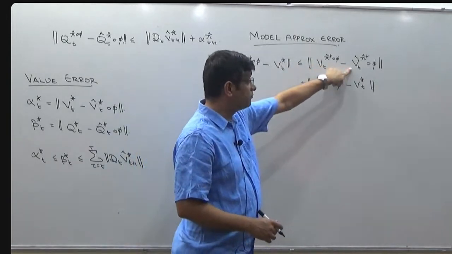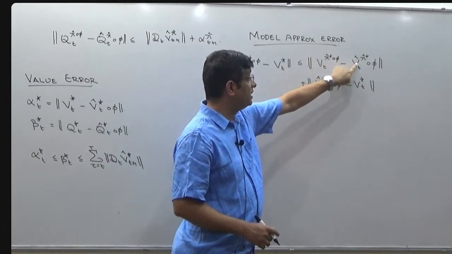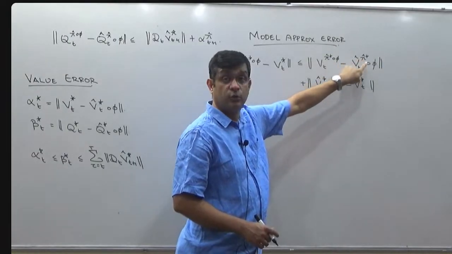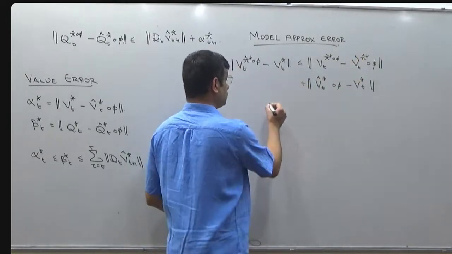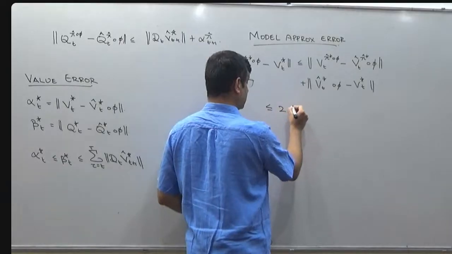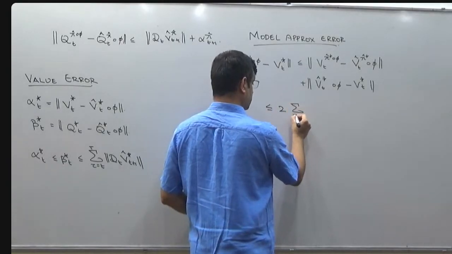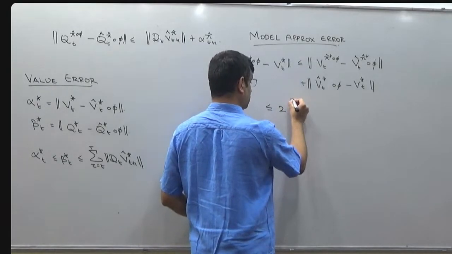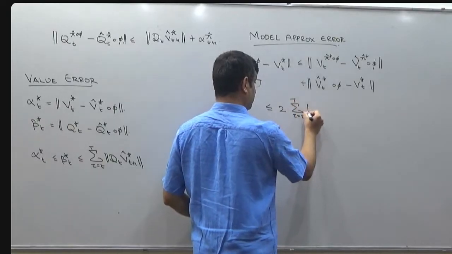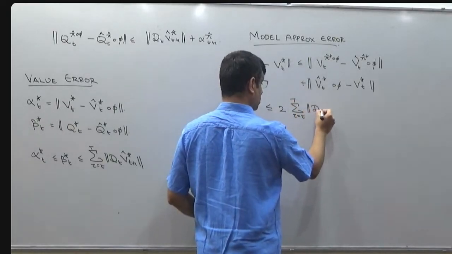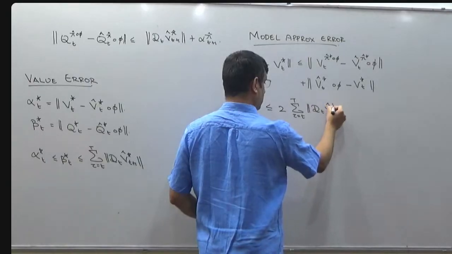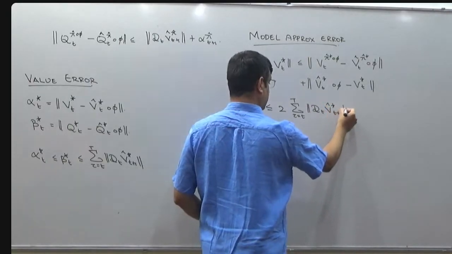The bound on the first one is going to depend on V hat pi hat star, which is same as V hat star. So I simply get this is less than equal to twice summation tau equals to T to capital T, the mismatch operator applied on V hat star T plus